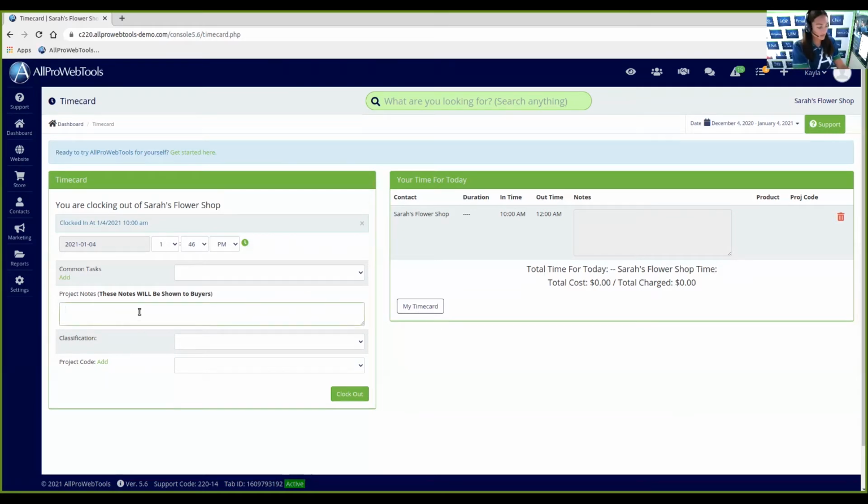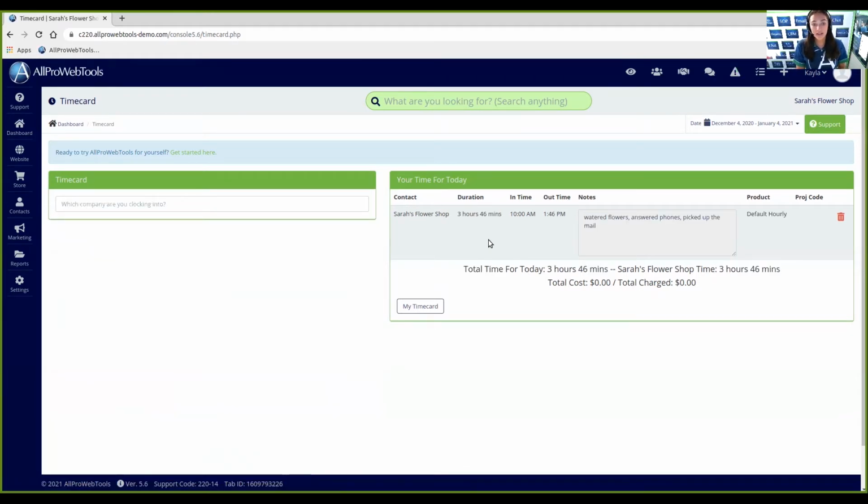So let's say that I have added my project notes and my classification is that default hourly of 10 an hour, and there's no project code. I can click clock out. And you can see here that it adds up the total time for the duration, and it gives me the exact time that I clocked in and time that I clocked out, as well as you can see the project